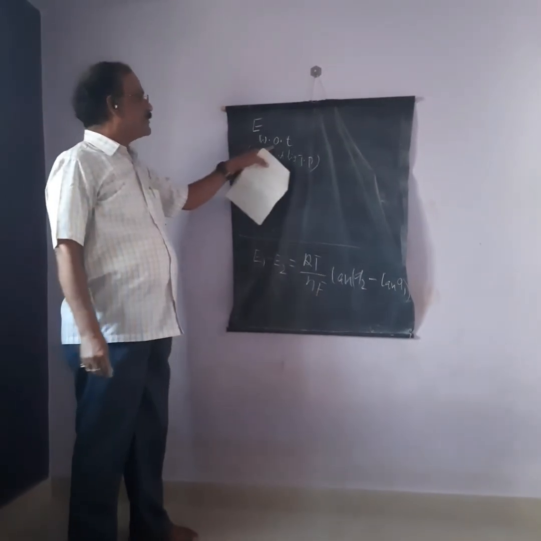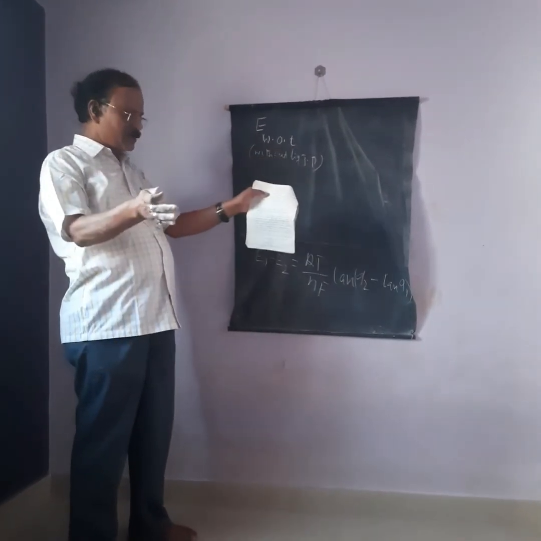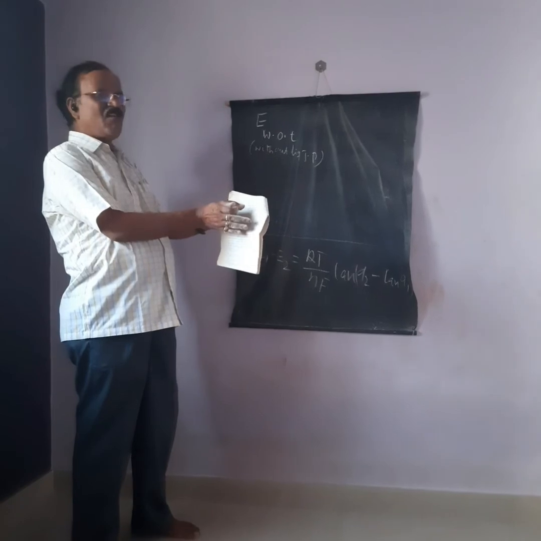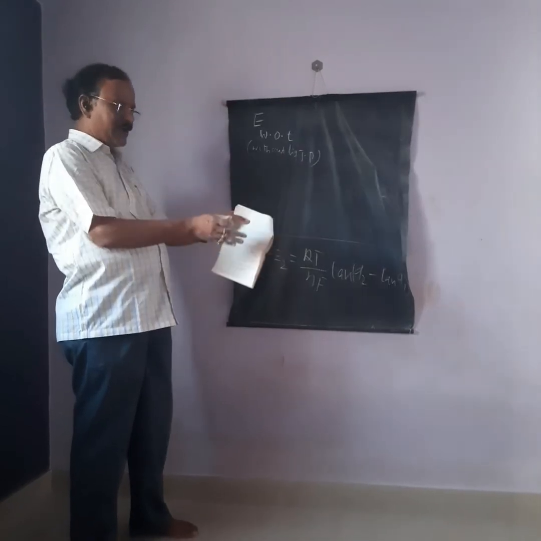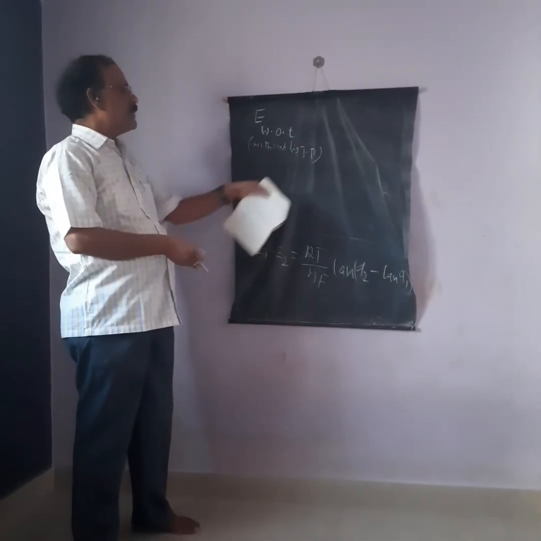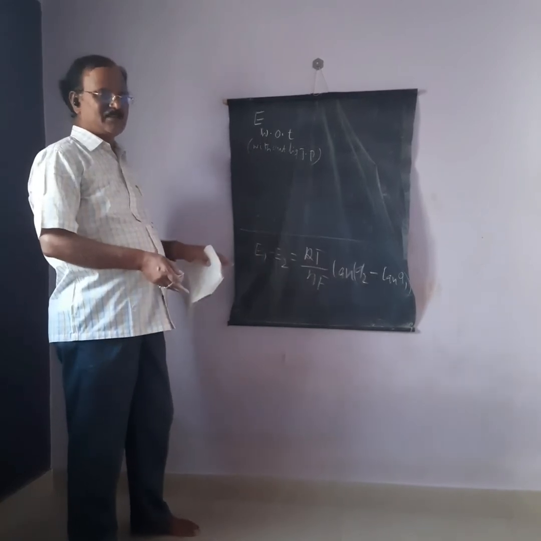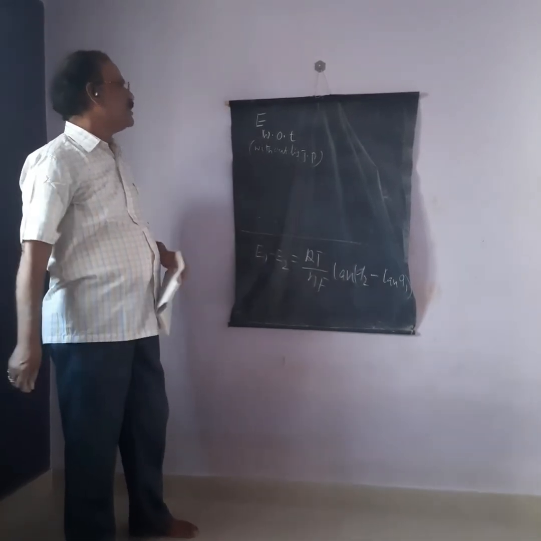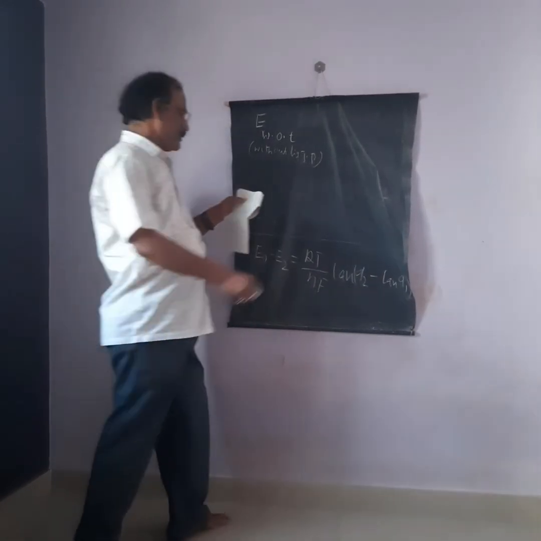The two solutions are not in direct contact with each other, whether there may be a salt bridge or there may be an assembly. This is the EMF without the liquid junction potential, which is equal to